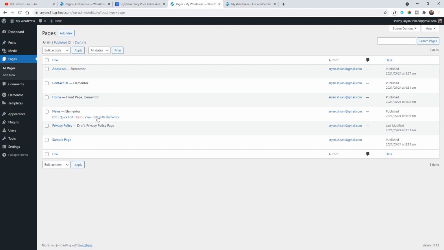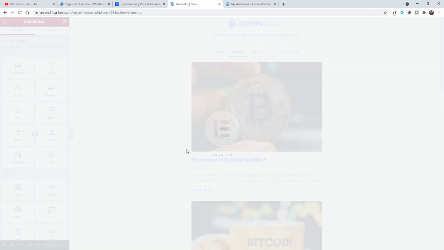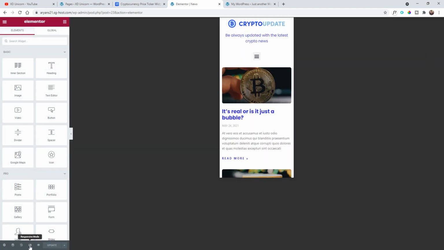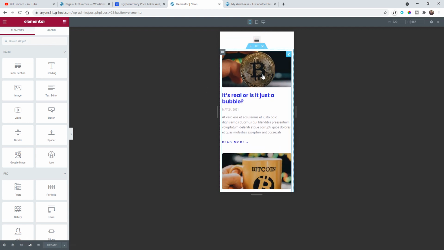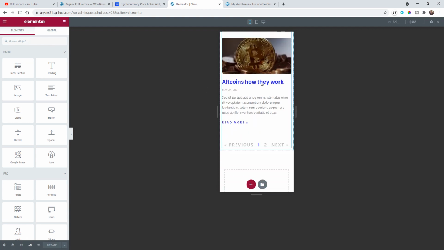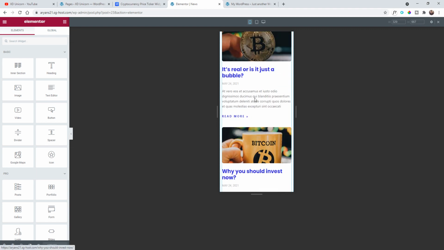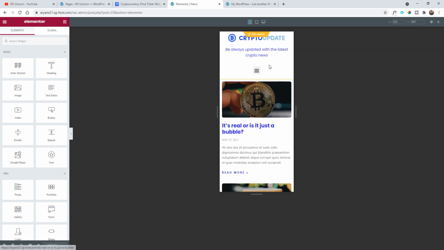Let me check the news page, edit with Elementor. So let's check the mobile version first. Clicking on this responsive mode. The mobile version looks great. We don't have any issue. So I'm not going to edit anything right now. I'm going to check the